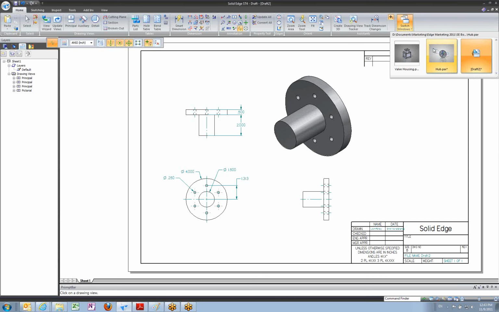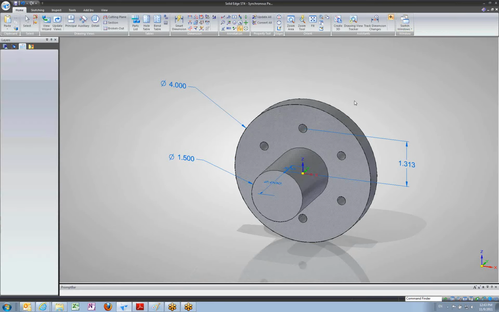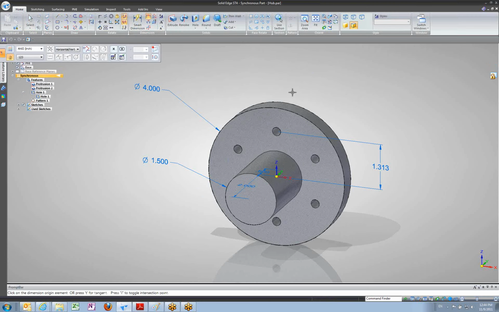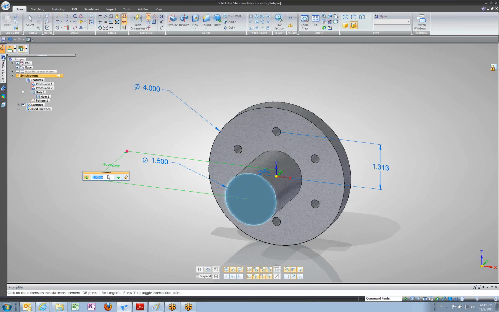I'm going to go back into my part with the Switch Windows command. There's my 3D part. The last thing I want to show you is that if we change the part in 3D, the 2D drawing will update automatically. So let's create another distance between, and this time I'm going to click the back edge of this and then the very leading edge of this protrusion. I'm going to drop a dimension. You see that that's 2.5. That makes sense because I had a half inch thick protrusion here, and then I made the shaft 2